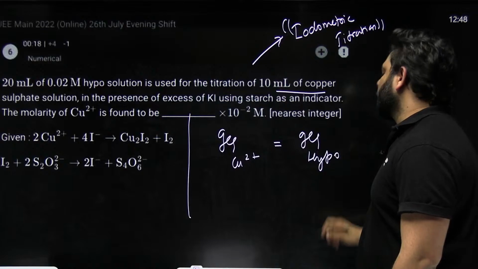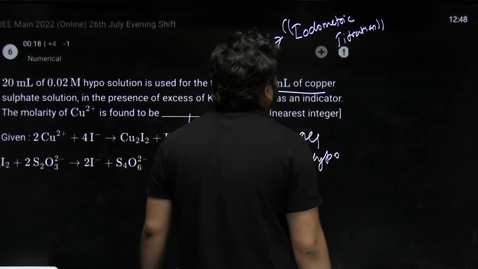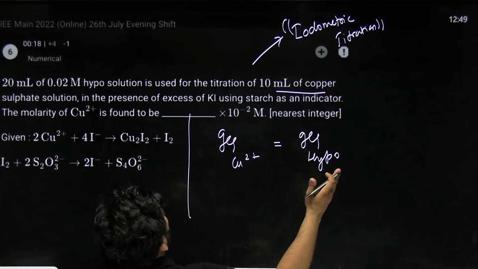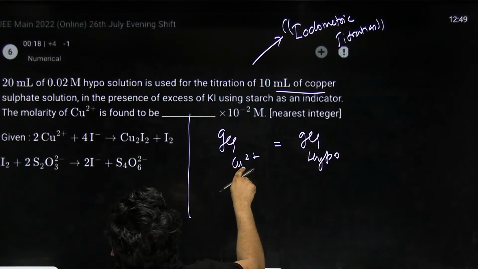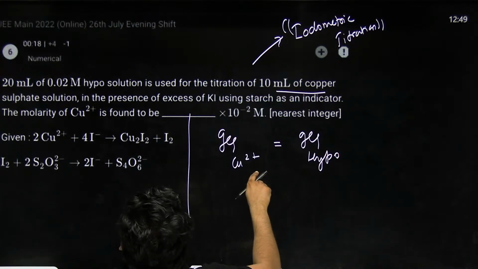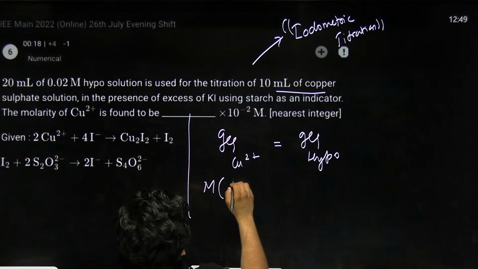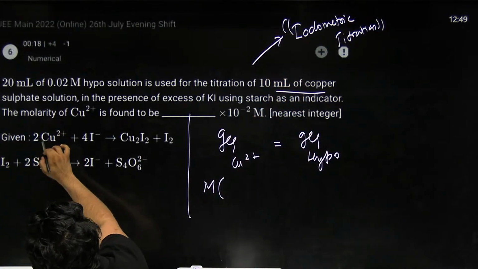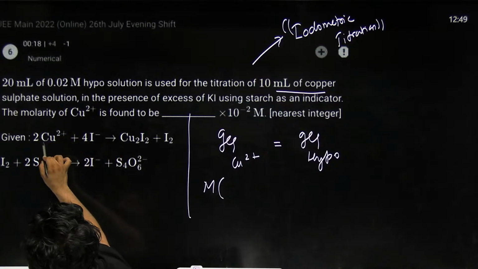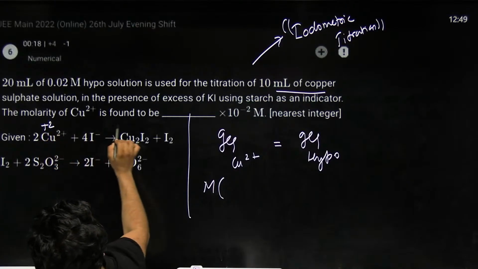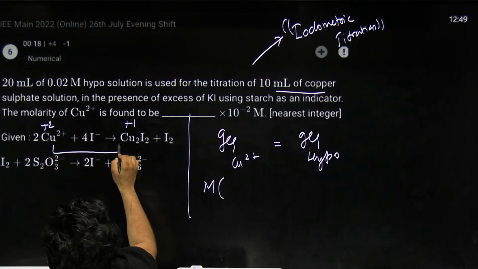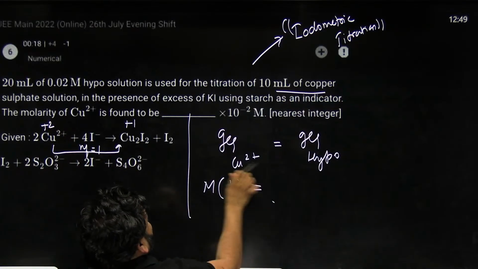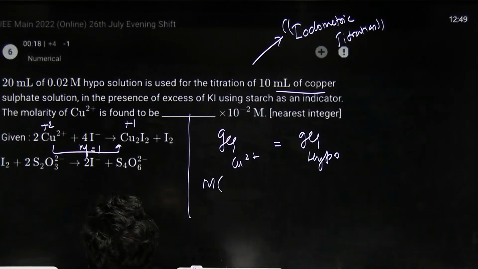We know the hypo solution Na2S2O3 goes to Na2S4O6, and its n factor comes up as 1. Anyways, for copper, what we need to find out is molarity. So molarity into, first of all, use this reaction, everybody. How much n factor are we getting? This is your plus 2, this is going to plus 1. So I think the n factor is 1. So simply molarity into volume,